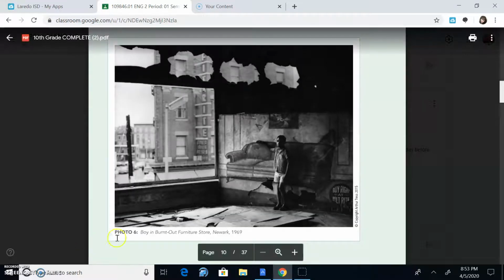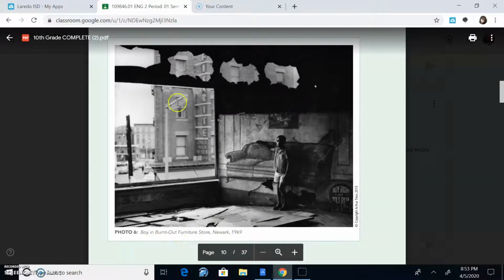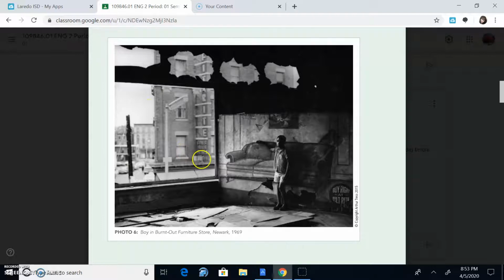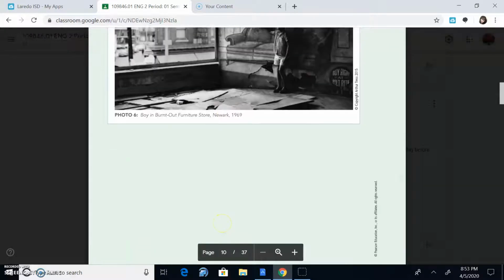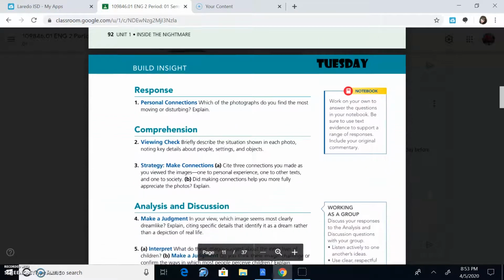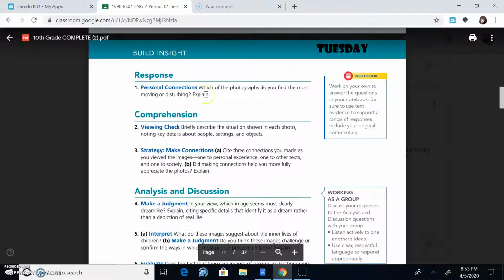This picture says photograph 6, Boy in Burnt Out Furniture Store, Newark, 1969. Okay, so is that a happy scenario? Is that a happy location? Start analyzing all those feelings that the photograph is invoking. Okay, so you're going to be working on 5 questions, and I'll go over the video assignments as well. So